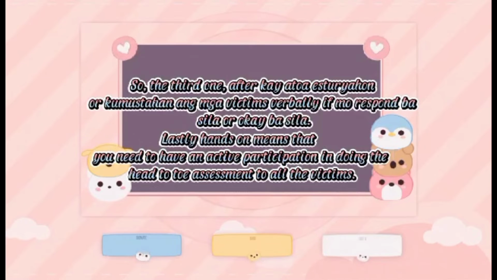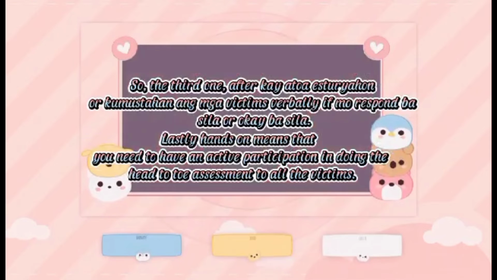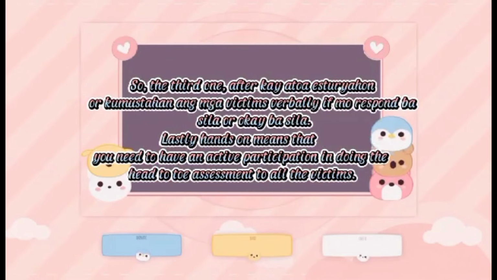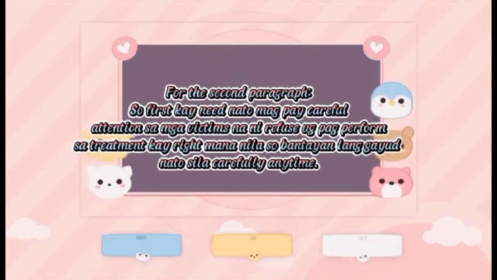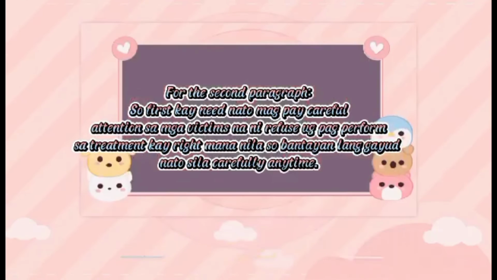So, the third one, after kay atoa istoryahon or kumustahon ang mga victims verbally, if mo respond ba sila or okay ba sila. Lastly, hands-on means that you need to have an active participation in doing the head-to-toe assessment to all the victims. For the second paragraph, my explanation is that, so first, kay need nato mag-pay careful attention sa